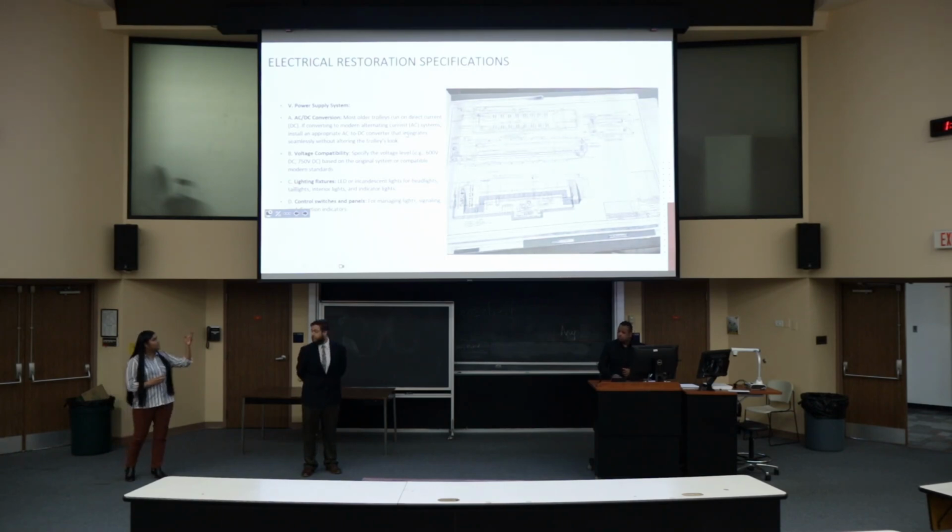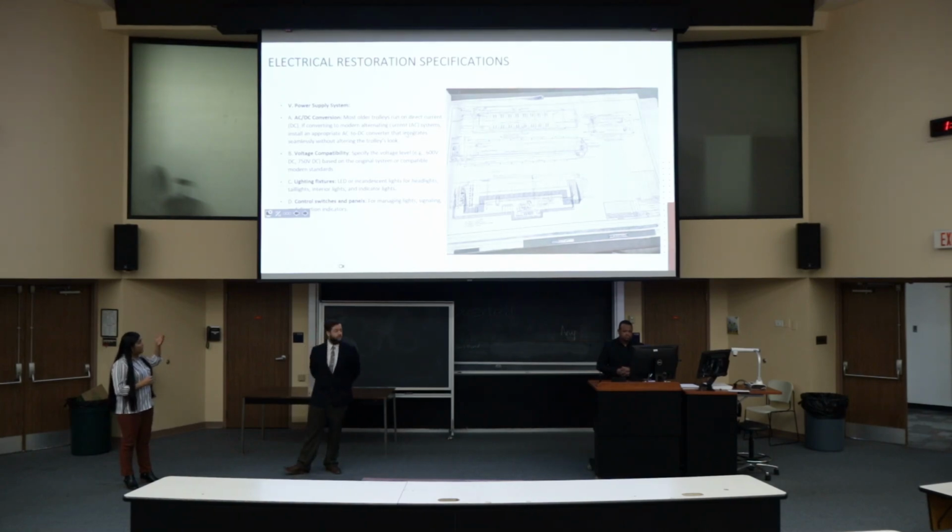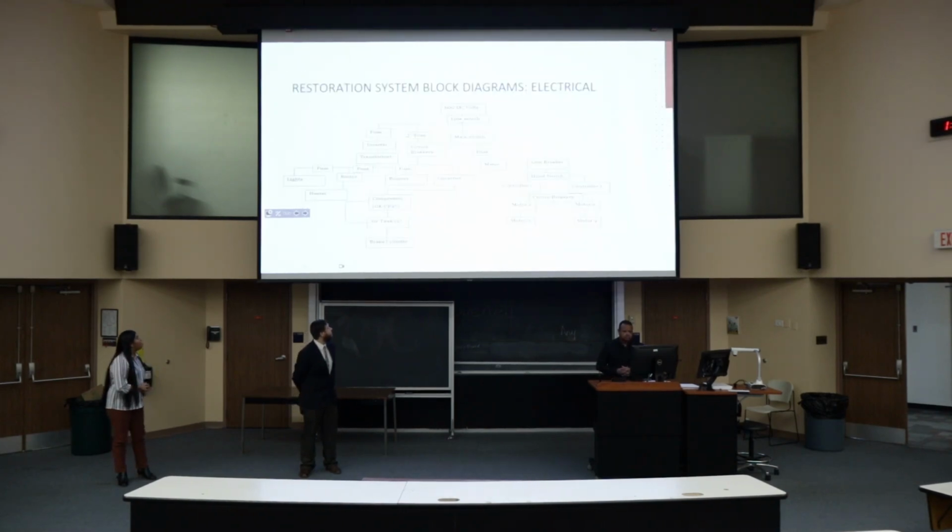On the right side, you can see some blueprints that describe how the wires are connected for the doors, the lights, the squirrels, the heaters. This blueprint was provided by the museum. It's intended to be used just for reference in order to design our electrical system. Here is a block diagram of